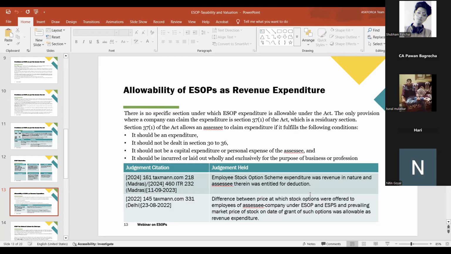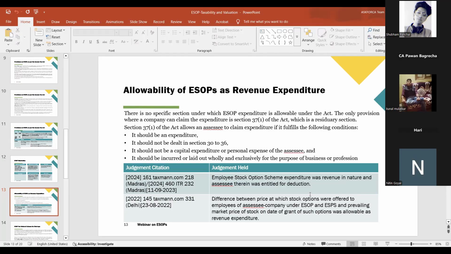और कंपनी को ESOP का एक्सपेंडिचर अलाउ होगा या नहीं होगा, उसके लिए कोई सेपरेट सेक्शन नहीं है। उसके लिए हम रेसिडुअल सेक्शन में जाते हैं, 37(1) में, जिसकी कंडीशंस हैं: इट शुड बी एन एक्सपेंडिचर, इट शुड नॉट बी कवर्ड इन द प्रीवियस सेक्शन 30 to 36, बिकॉज वो हम उसमें कवर्ड है ही नहीं। तो इट शुड नॉट बी अ कैपिटल एक्सपेंडिचर और पर्सनल एक्सपेंडिचर ऑफ द एसेसी।